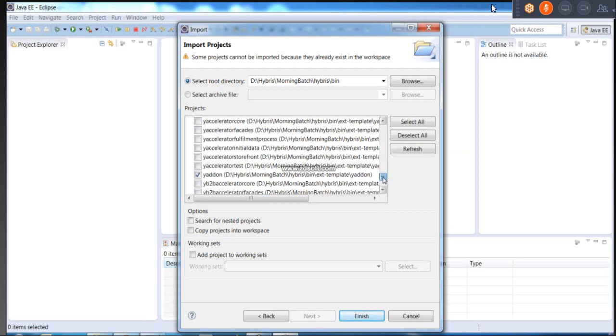So what am I doing? I created my extensions. They got created in a custom folder. So I'm importing those custom folder related extensions also. You can see here the Nike facades, Nike related stuff is already there. I'm just scrolling down, and if you see, I'm just going to import the complete folders which are present within, I mean all the extensions that are present within the bin, and then I'm just going to remove even the YB2B accelerator related stuff. So Y accelerator and YB2B accelerator are completely removed. And let me just see if they